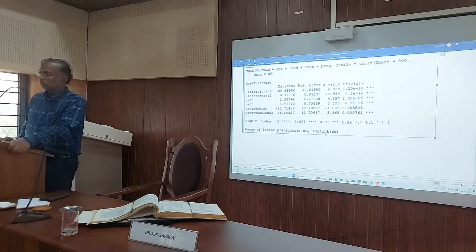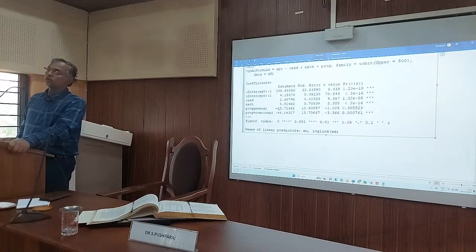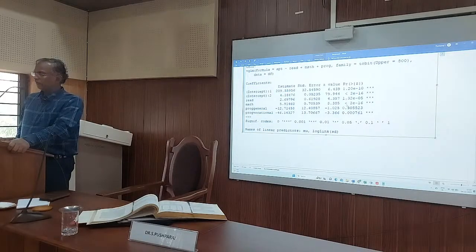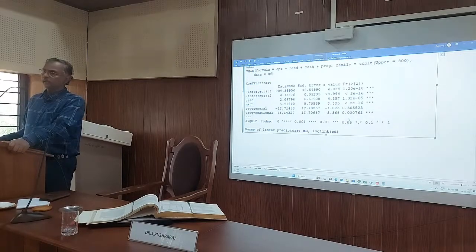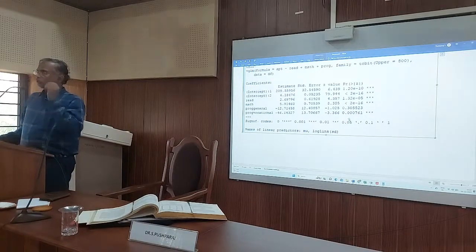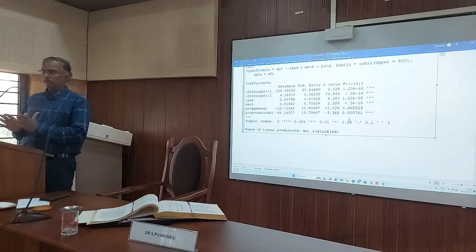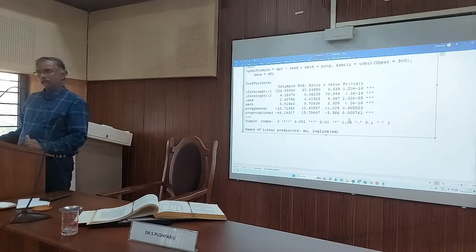Right? So, though it is showing minus 12, it is not significant. So, you need not interpret that. All the other variables are significant at 5% level. This is how it should be interpreted. Otherwise, this is like an OLS only, but it is MLE